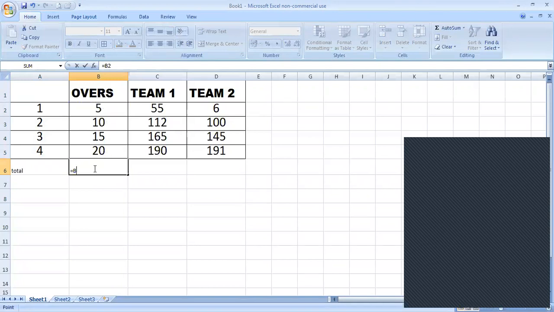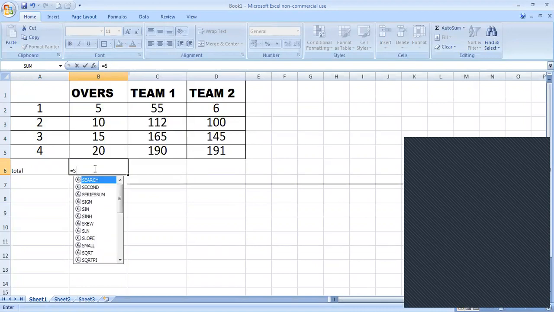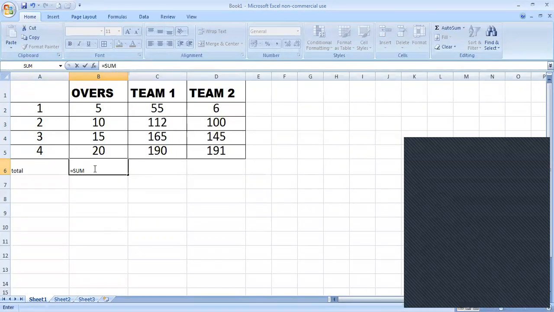We will write the equal sign, which is compulsory, then write SUM in capital. After writing SUM, start the parenthesis. Click the cell from where you are going to start to find the sum, then press the colon sign from the keyboard. Again click the cell or just write B5.